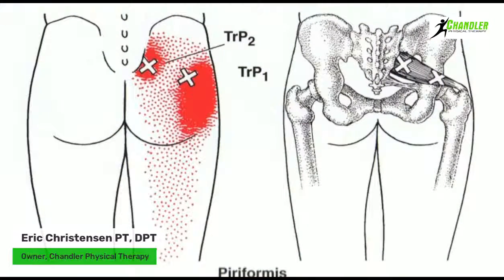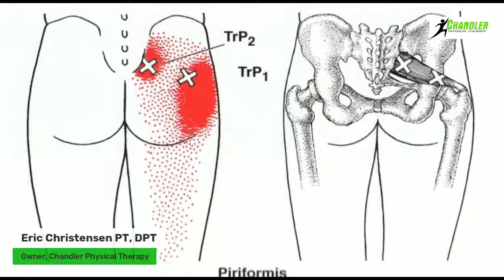If we have irritability in the muscle itself, you have these white X's that are trigger points. The red is where they refer. So you might see some lateral hip pain, what we might often call bursitis. But you see this focal, all those little red dots, that's where people felt pain. And so you could have broad hip or glute pain, as well as pain down the back of the leg, which often will mimic what people say, hey, it's coming from the low back, it's sciatica, we have